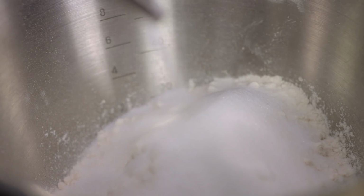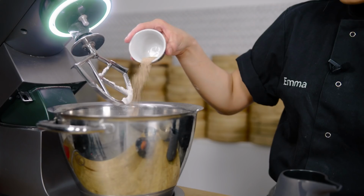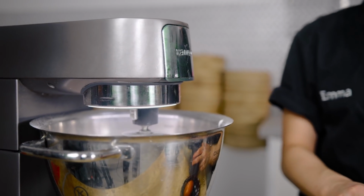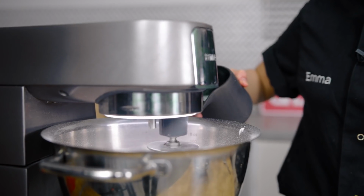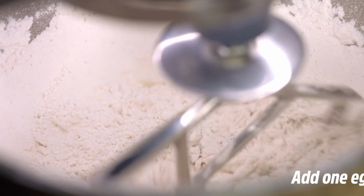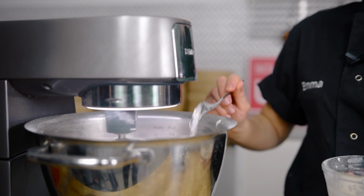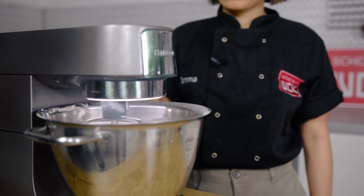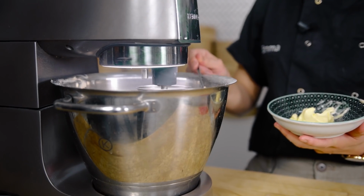In the stand mixer, what I've just done is I combined flour, sugar, salt, yeast. I started off with a paddle. I waited a little bit for the dough to knead first before I added some lukewarm milk, also our tangzhong, or our floury paste that we made earlier. And then whack it for maybe 10 minutes to knead on the dough hook. I waited a little bit for the dough to knead first with the dough hook before I added the rest